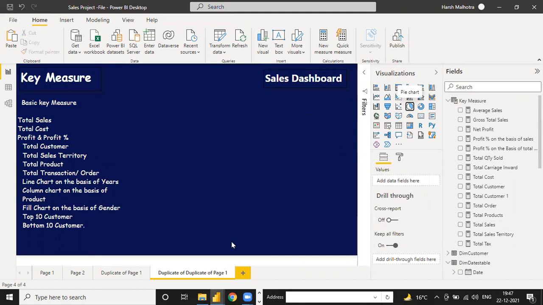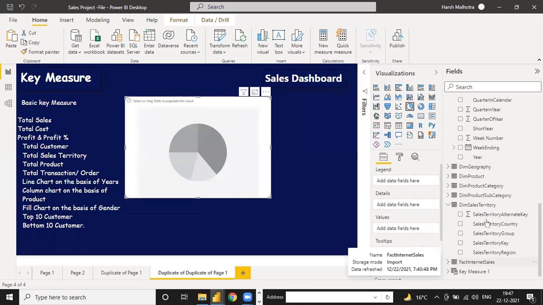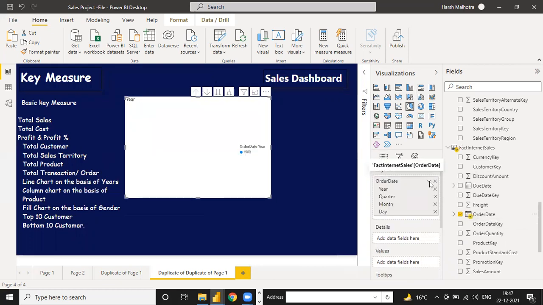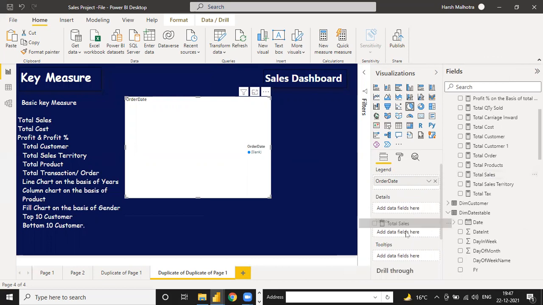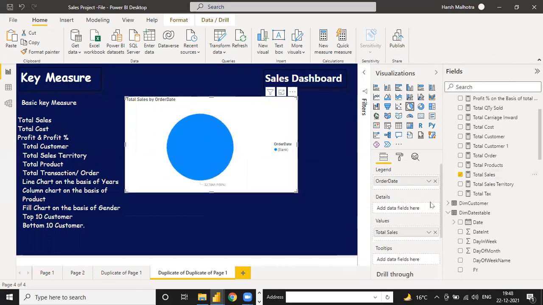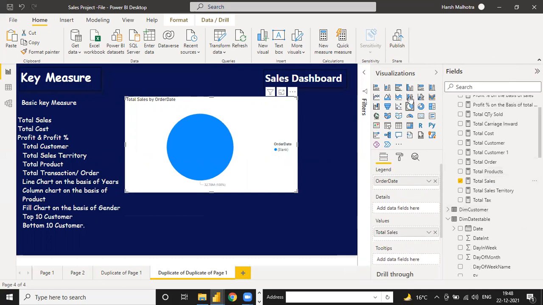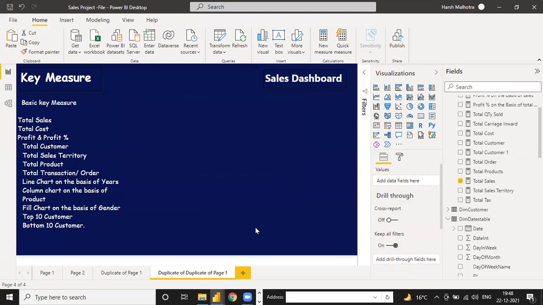Just a minute. If I use Internet Sales, order date, total sales, and... just a minute. Let me check why it is not showing.